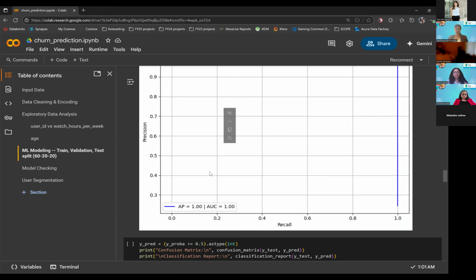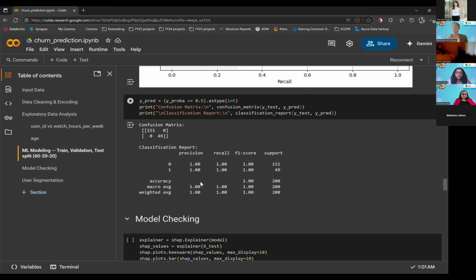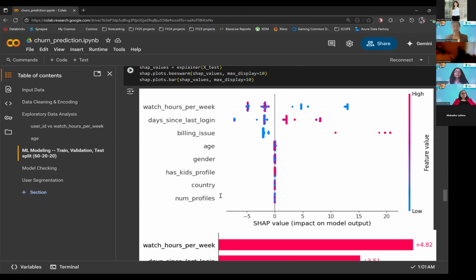Usually, this precision recall curve does not look as pristine. This is synthetic data, it's very nicely made data. If it's diagonal across this graph, it means it's random. But because it's not diagonal, it's working really well. You can make a confusion matrix to check how your precision and recall work, to see how your false positives and false negatives work. And then at the end, you have to do some model checking, which is done here